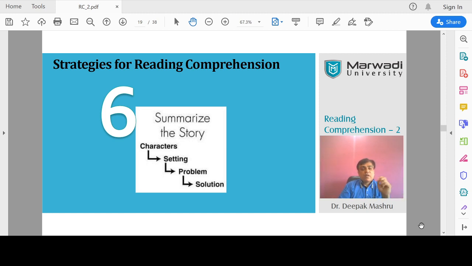Fine. Now, if you can segregate it, if you can divide it into different parts, that will definitely help you. So what are the different ways of looking at it? If you have all the characters selected, what you can do, if it is offline, is have a pen with you. You can go with a dotted line for characters. You can use a curly line for settings. You can use a broken line, dash dash dash, for problems, and you can circle out the